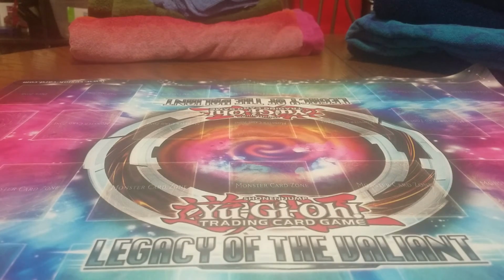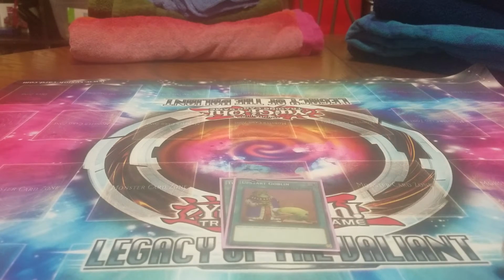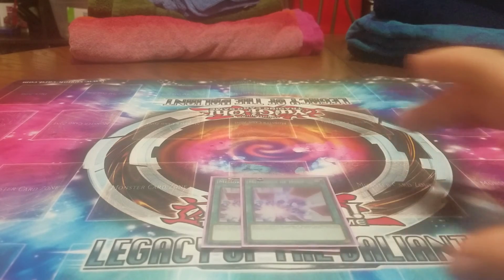Moving on to the spells. With the one-ofs, I play 1 Terraforming so I can search for Network. 1 Upstart Goblin, because why not? And then the draw card in this deck I find to be fun is 2 copies of Memories of